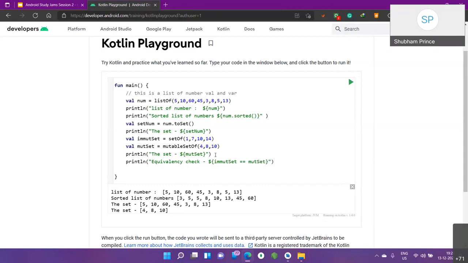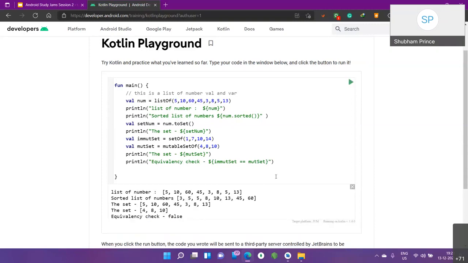These are the things which you will find in your unit as well, when you are working with it. See, the answer is false. When you are going through the units, you will find them. I wanted to give you a walkthrough of how these values will be used, how you can create them, and how you can work with the collections.